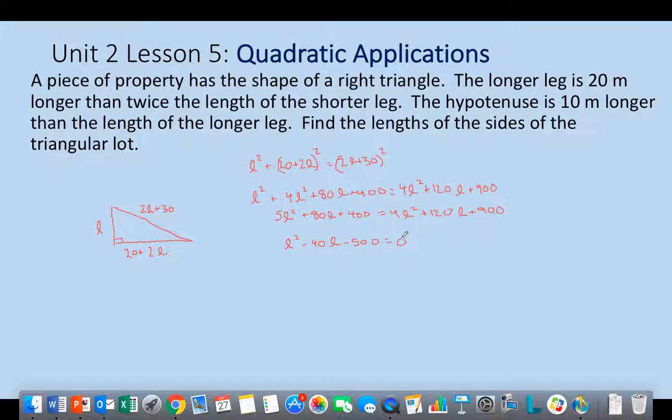All right, well, is this one factorable? And actually, I think it is. I look at it and I can see